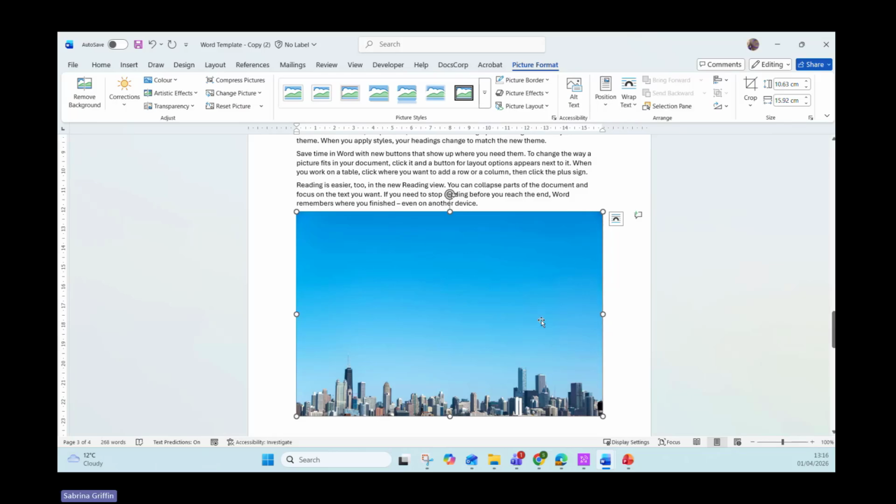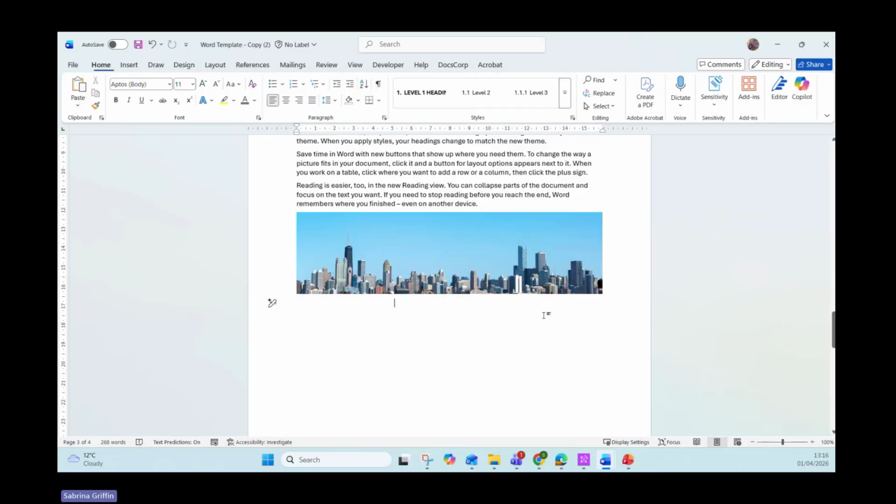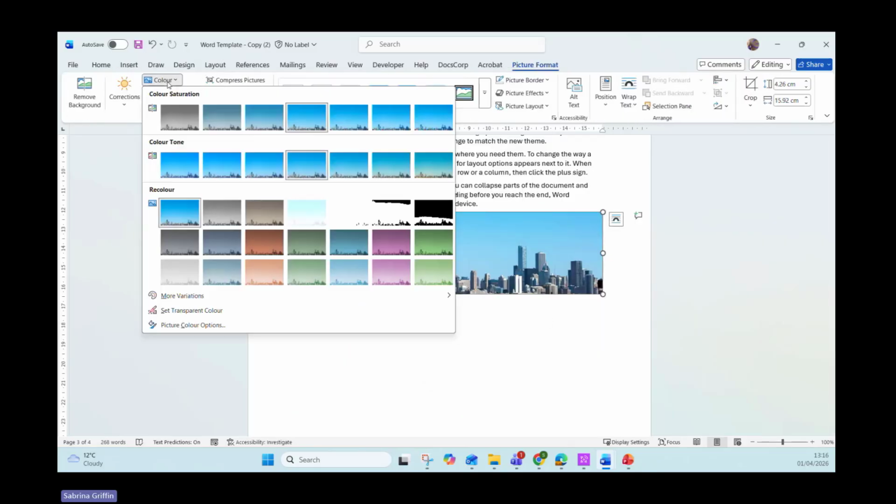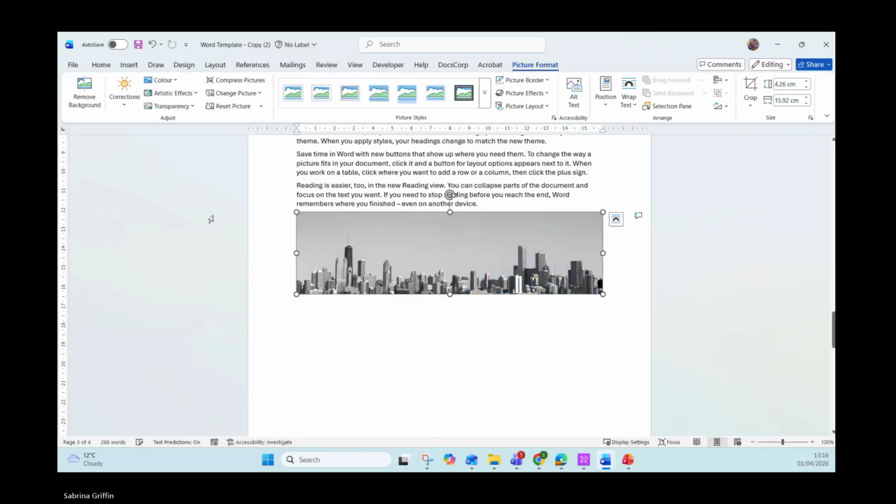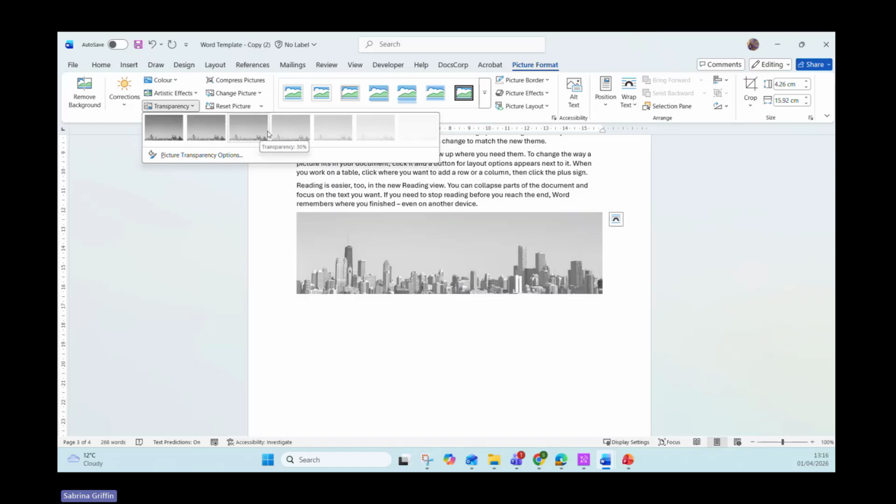Again, I would format this a little bit, maybe almost to give people a placeholder for an image, or just to show them how we format that image within a template. And again, we can use that picture format ribbon. So what I might just do is crop, so we can crop the image a little bit. There we go. And again, I might just turn on that grayscale color. And then the other options we've got in here are things like artistic effects. You probably won't use too much. Transparency. So if you wanted to maybe just make that a little bit more transparent, it's not quite as bold